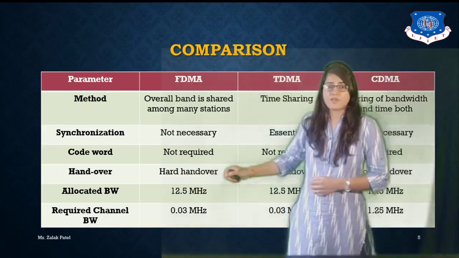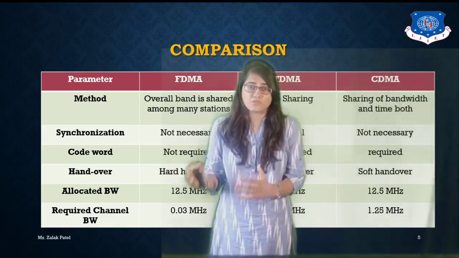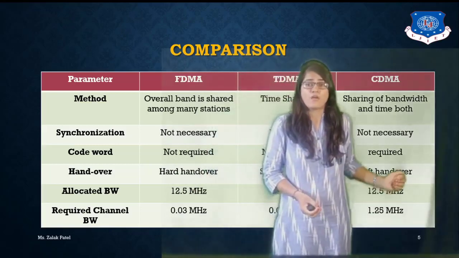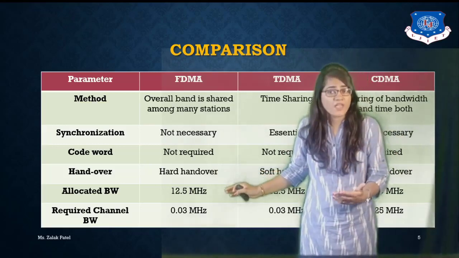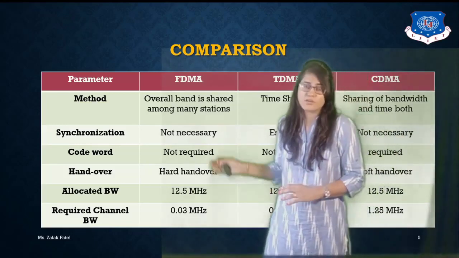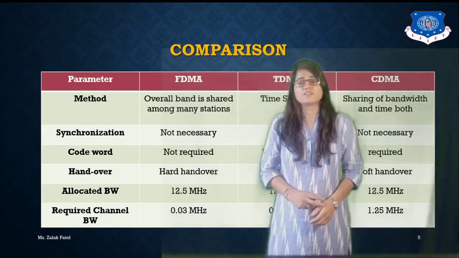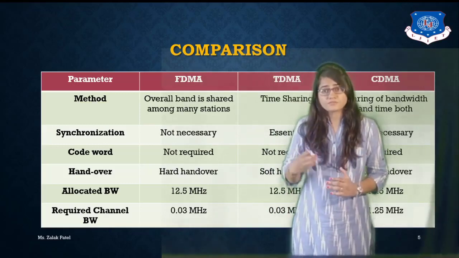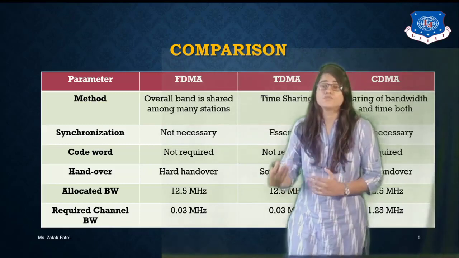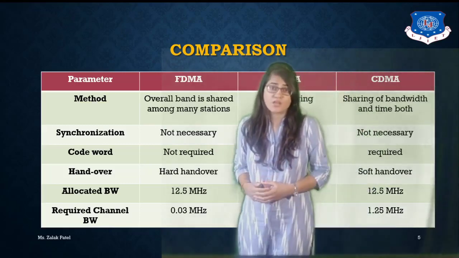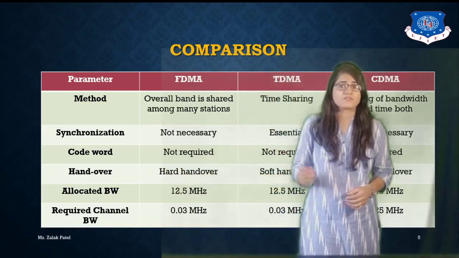Next parameter is handoff, meaning the transferring of mobile from one base station to another base station. In case of FDMA, obviously the hard handoff is required because it is one type of predetermined set of channel allocation. Because of that, in case of hard handoff, first the original cell or the original distribution will break, and then the new channel or set is available to the user. That means it is like a break before make type of connection in case of FDMA.